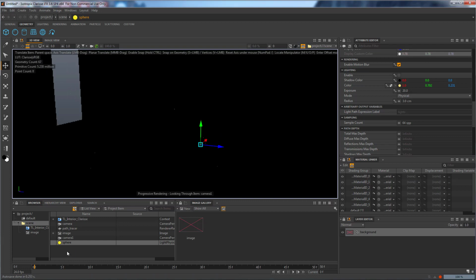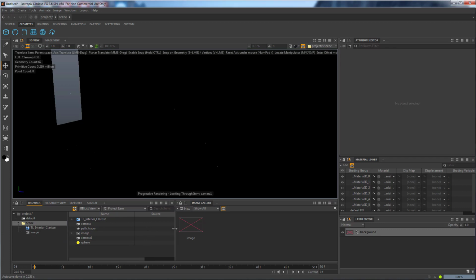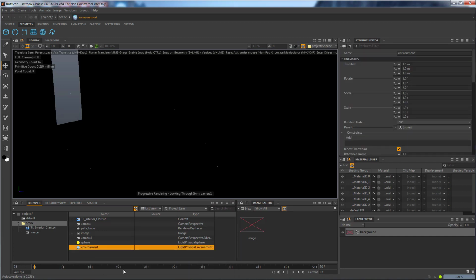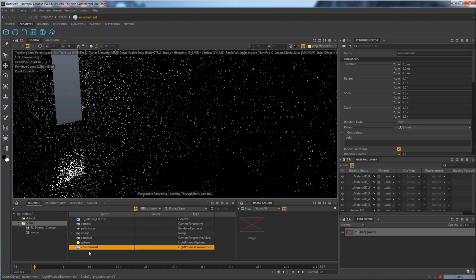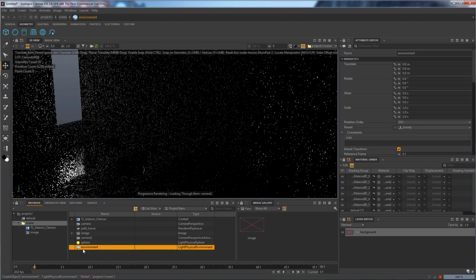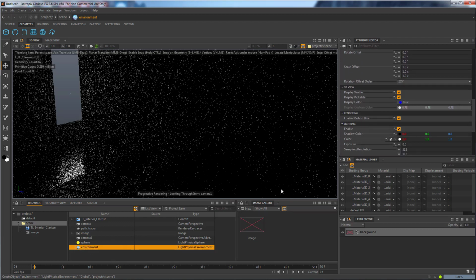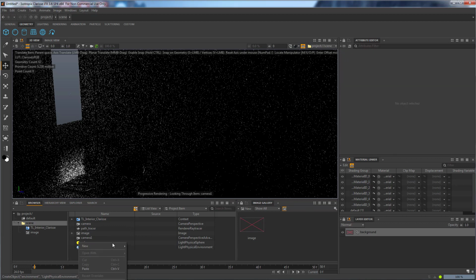And let's add another light. This one will be the HDR map, so it will come from the outside. So let's scale a little bit there. Okay, so let's create a new light. So light, physical, let's go for environment. Okay. We have to change something. We need a texture because actually we have no HDR map. So let's go to create